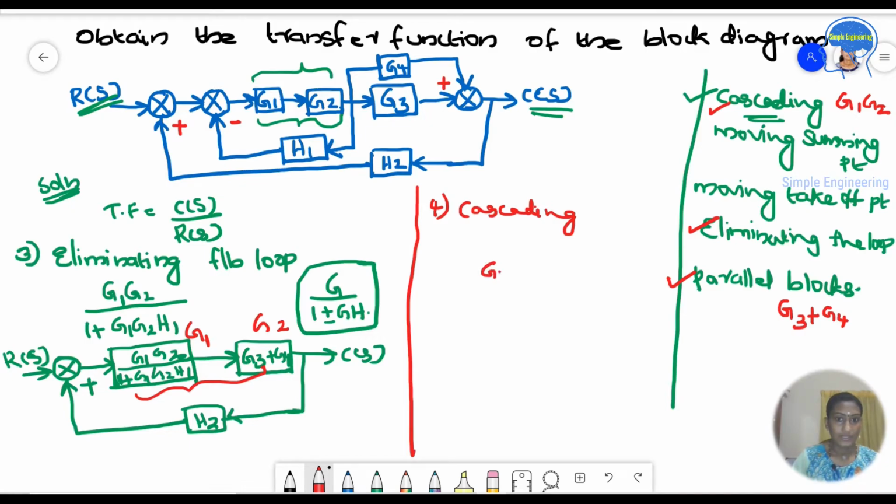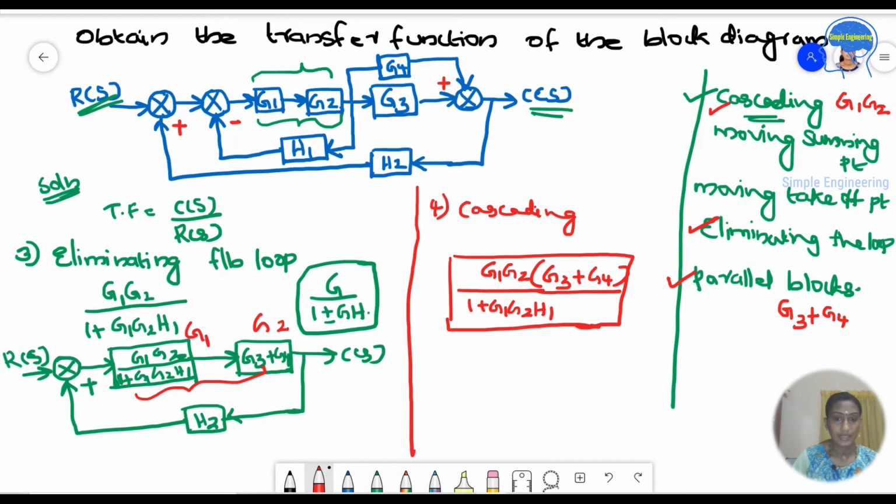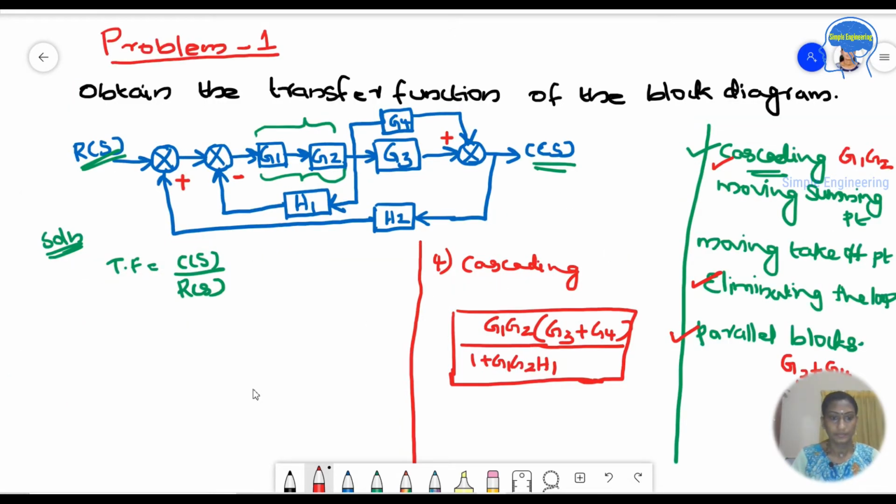That will become G1 G2 by 1 plus G1 G2 H1 into this G3 plus G4. So this will be the block. If you combine this, you will get it like this. So we can draw the diagram by combining that one. Cascading that, you will get,